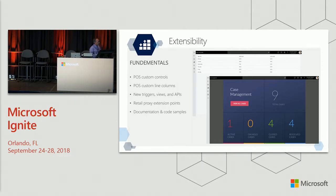So all of these are a brand new set of capabilities, and what we are seeing today is many of the customers who are actually deploying point of sale are taking advantage of many of these extension points to meet their needs as well. The one important thing I'll also point out is, if you haven't taken a chance, please take a look at our documentation and code samples. We have enhanced that significantly as well, both in terms of sample code that we provide and how you can use that in order to extend